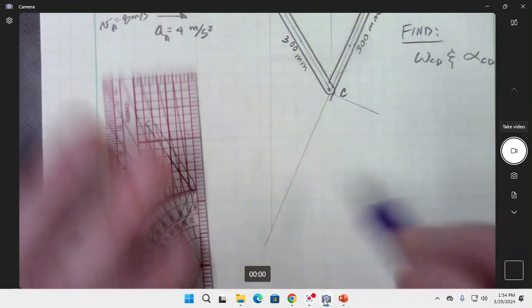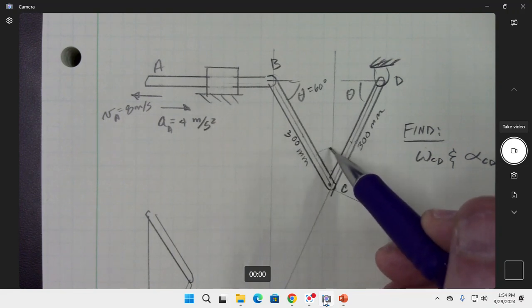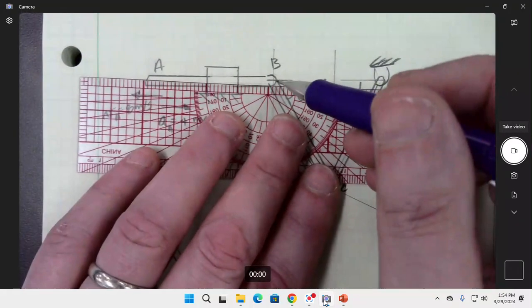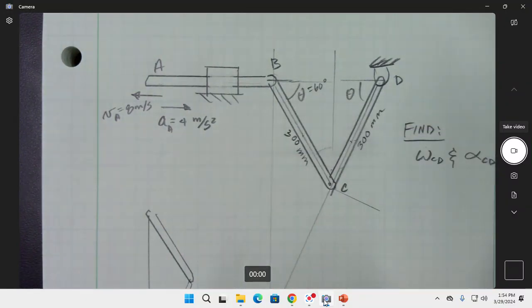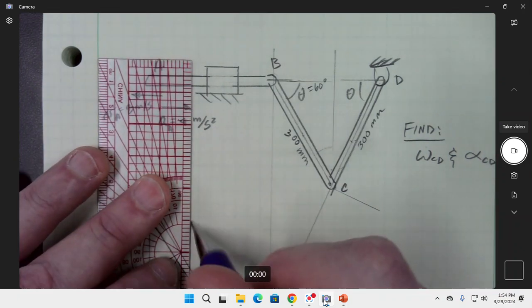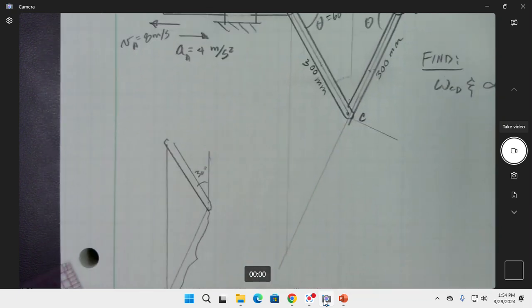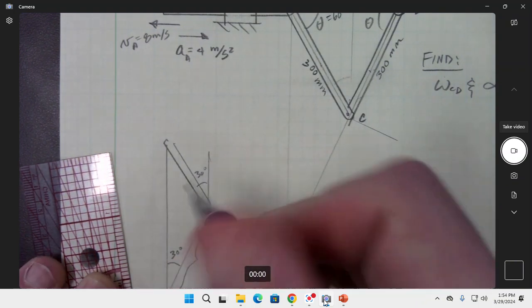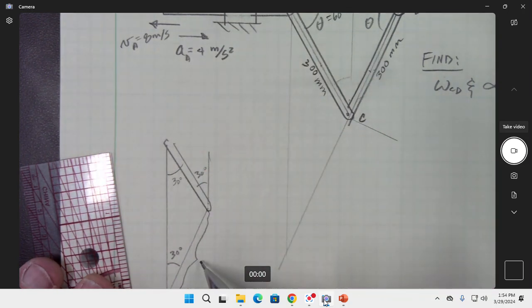So in looking at this piece, this must be 30 degrees right there, right? You can do that in a couple different ways. Here's your right triangle, so that's 60 degrees. This must be 30 degrees. And then, therefore, this must be 30 degrees. This is practically the same problem we just did a second ago. That must be 30 degrees. So this ICR right here,